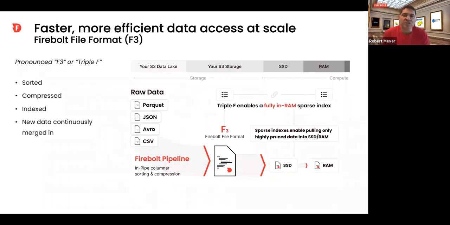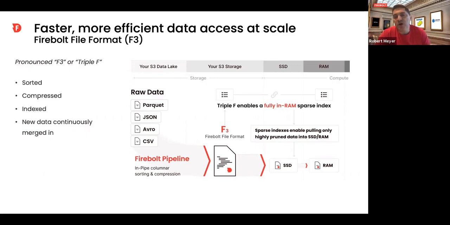One of the big things Firebolt did was rewrite a storage layer. They call it, we call it FFF or F3. Firebolt file format. Now, it's a little bit of a lie because it's not a file. It is a segment structure. It is a sorted, compressed columnar format. So it's similar to many others in that in analytics, columnar stores are really the way to go. But it's different. And it solves two big problems.